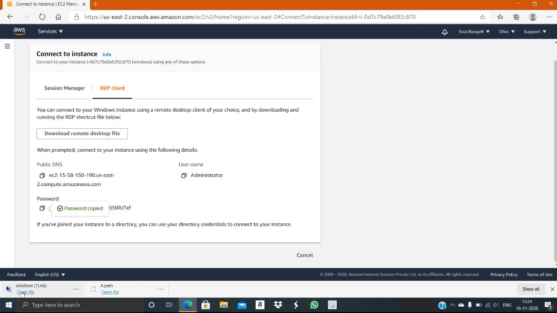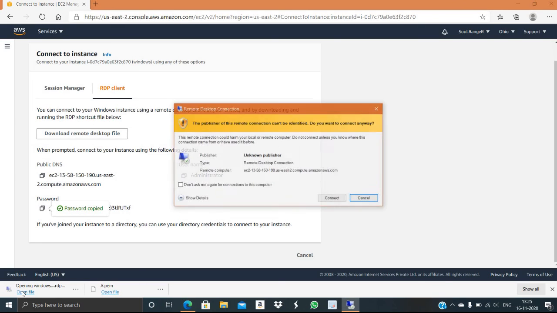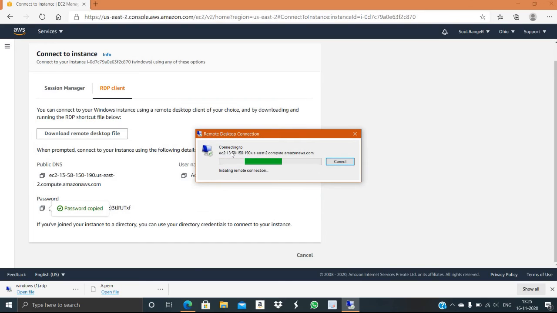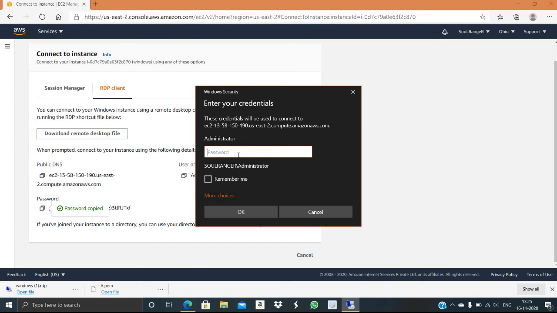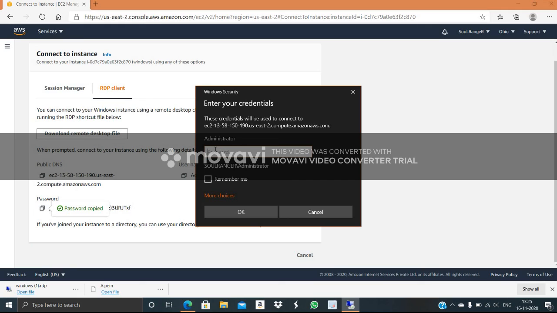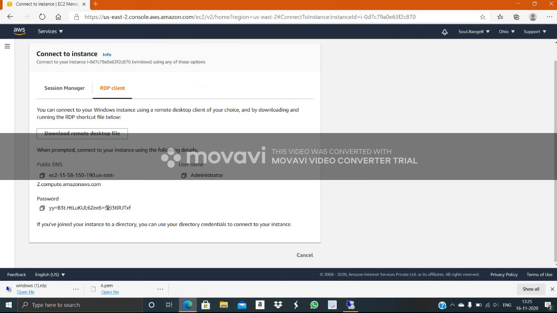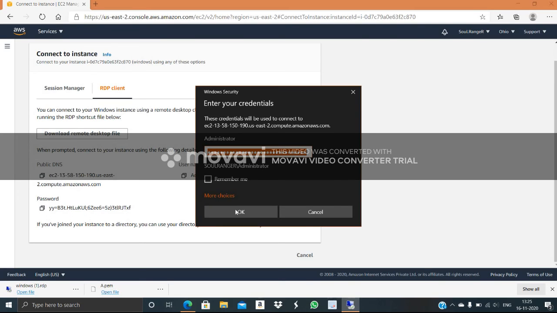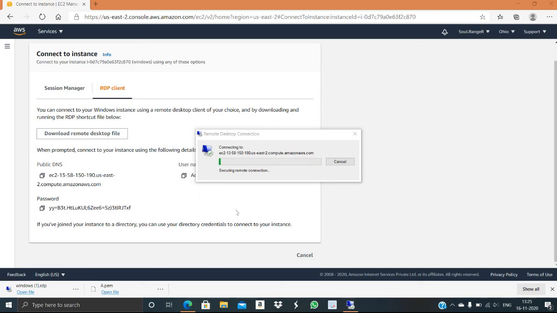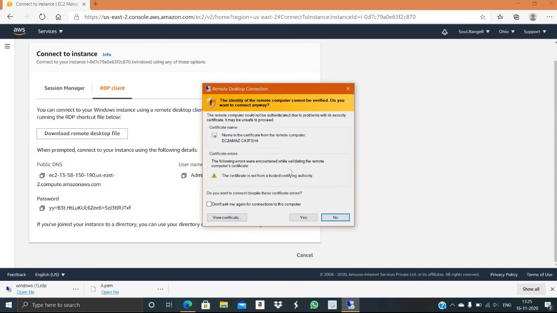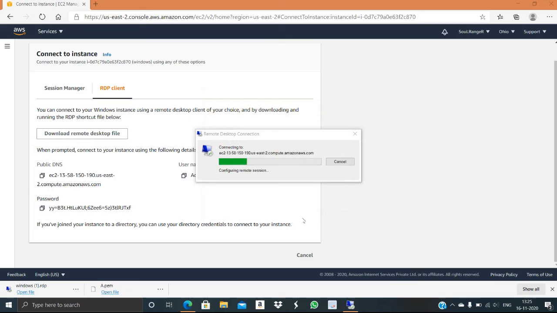Now open the RDP file. Click on connect. Now connecting. Yeah, now it is asking for a password. Put the password which we have copied. This one. Click on OK. Again click on yes. Now it will start the virtual machine.